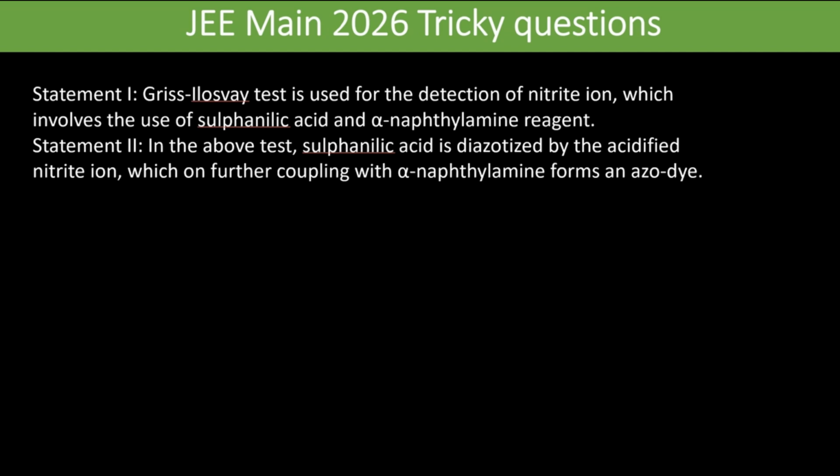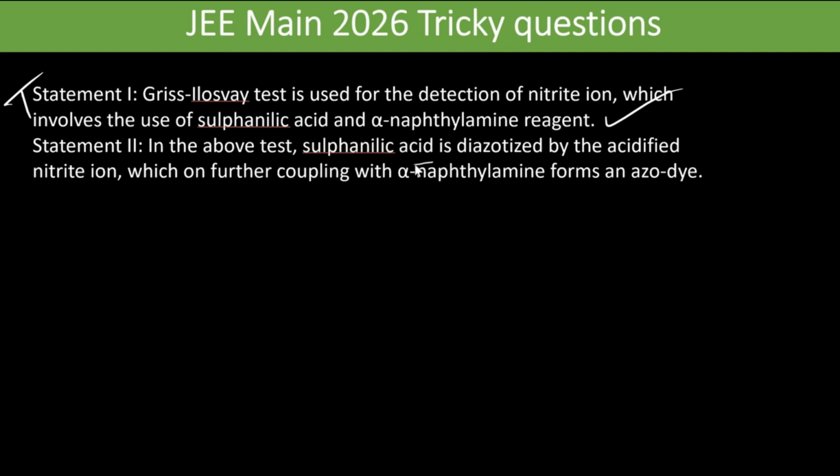Okay, so first of all, the first statement: this INSPO test is used for the detection of nitrate ion. That is true. And the reagents are sulfuric acid and alpha naphthylamine. Those are the reagents. So this statement is true. Statement 2,